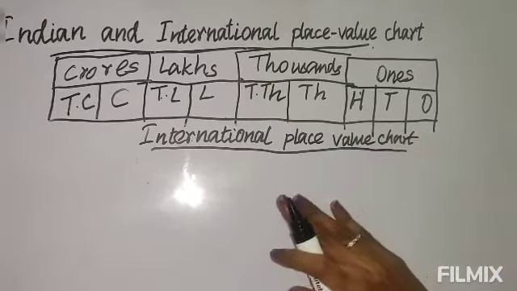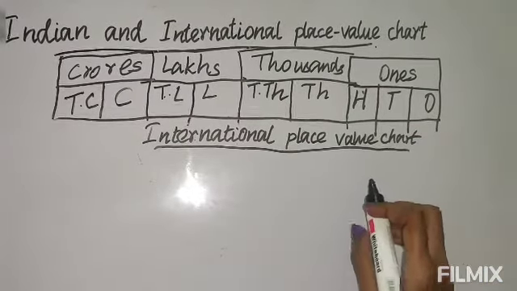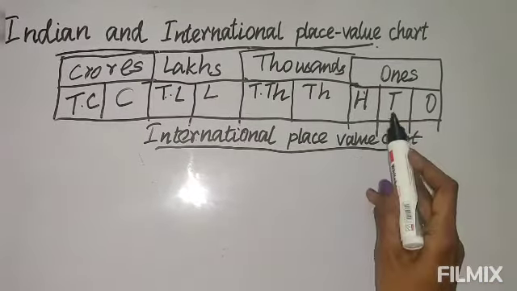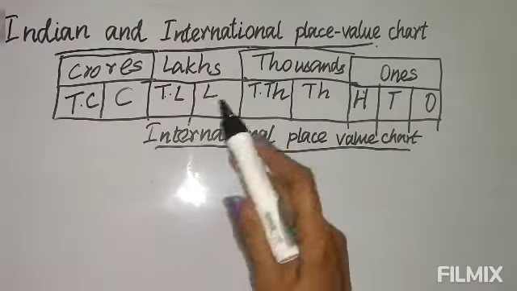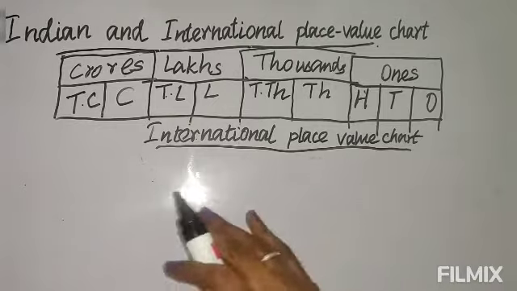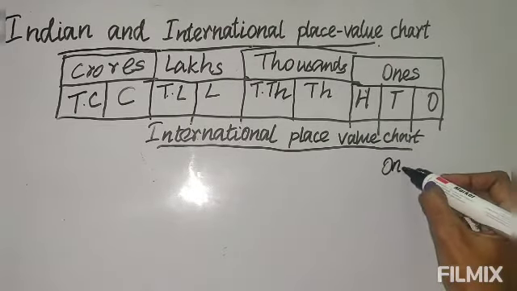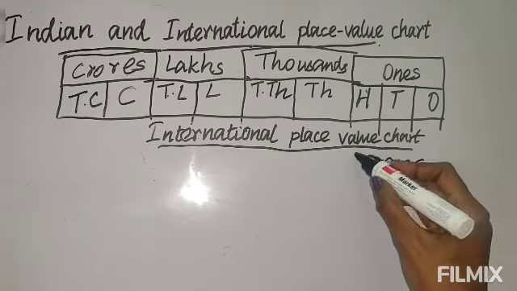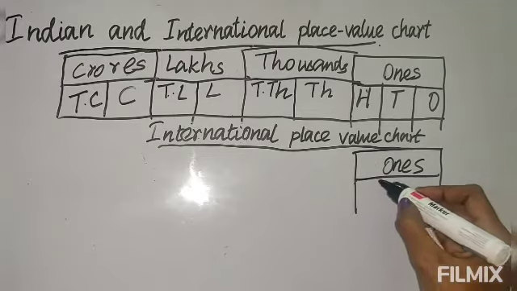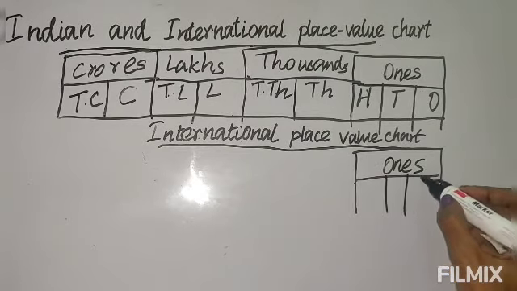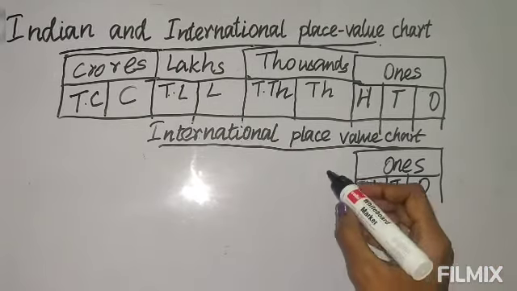Now let's see the international place value chart. If you compare it with the Indian place value chart, then you can remember it very easily. In the Indian chart, first 3 places, then 2 places, like that we divide. But here all periods have only 3 places. Let's see, the first period is the ones period. It is the same, with 3 places, for Indian and international: ones, tens and hundreds. So this remains the same.